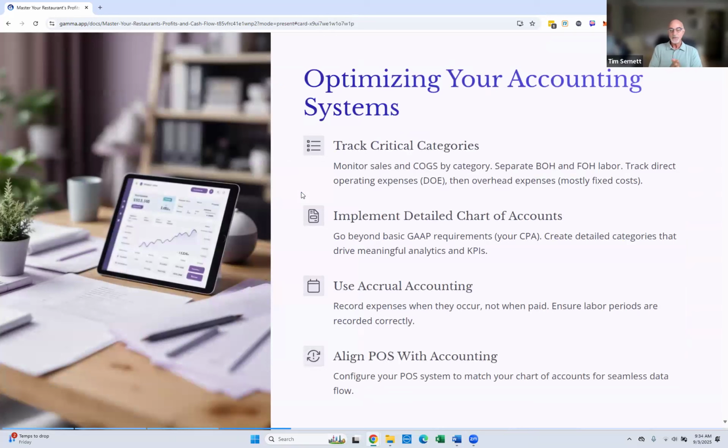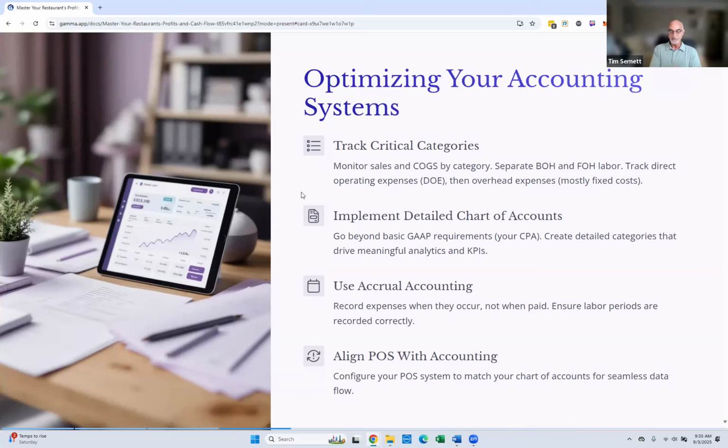Optimizing your accounting systems. You want to track critical categories: monitor sales and cost of goods sold by category, separate back of house and front of house labor, track direct operating expenses, and then overhead expenses, which are mostly fixed costs. Implement a detailed chart of accounts, which we're going to look at here in a second. Go beyond the basic GAAP, generally accepted accounting principles, those requirements that your CPA wants to make sure you have, or generally following those so they can prepare a tax return. We want to go beyond that and create a detailed categorized chart of accounts to drive meaningful analytics and KPIs,